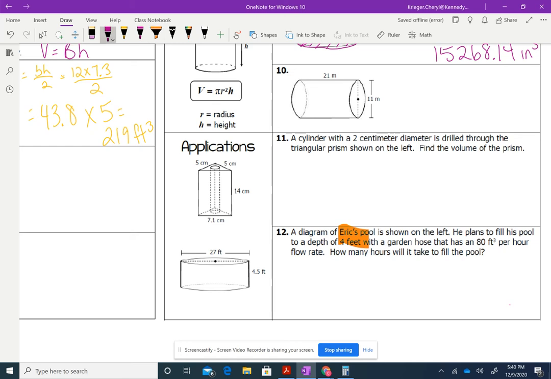It's shown on the left. He plans to fill his pool to a depth of 4 feet. Okay, so the water level is at 4 feet. The garden hose has a rate of 80 cubic feet per hour flow. How many hours will it take to fill the pool? All right, let's find the volume of how much water is in the pool. Okay, and then we'll divide that by 80. So, volume equals